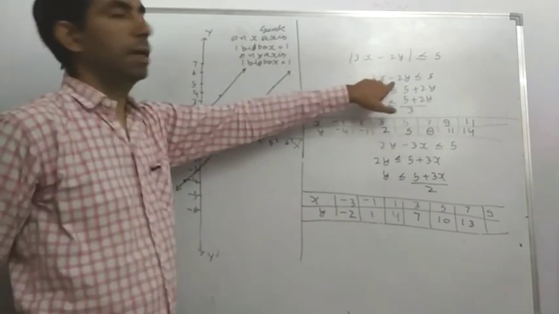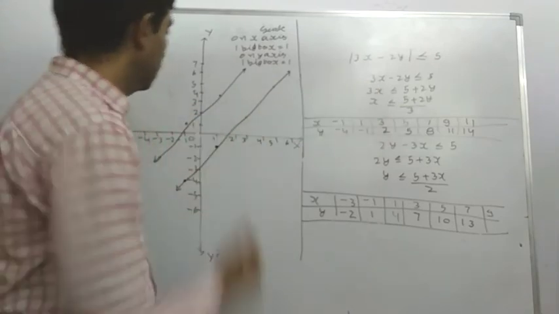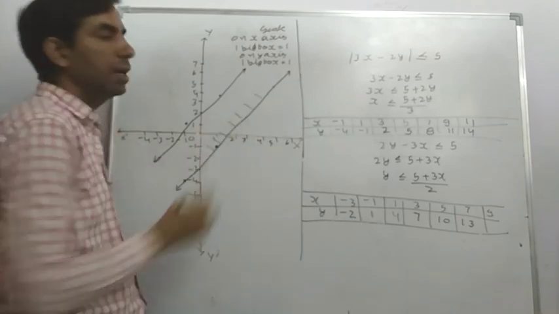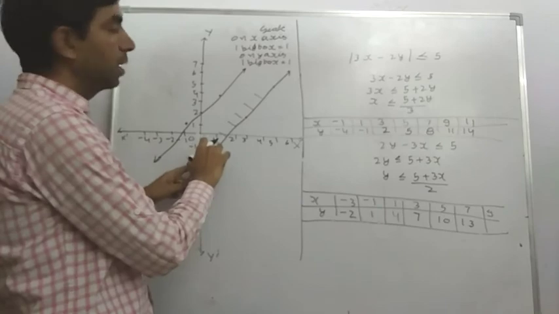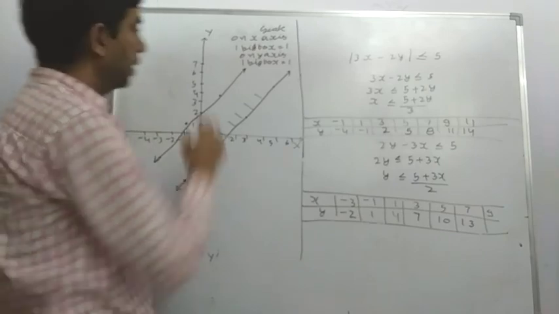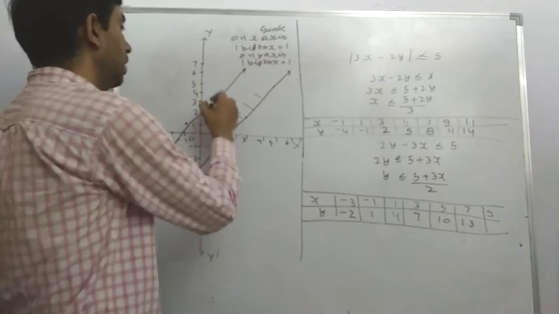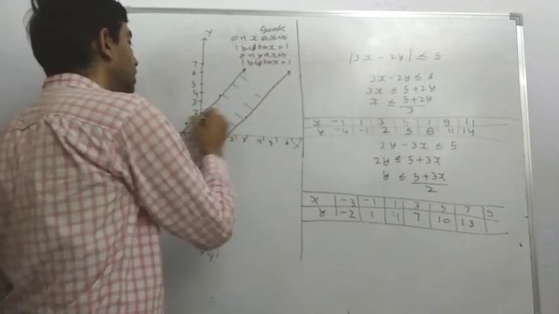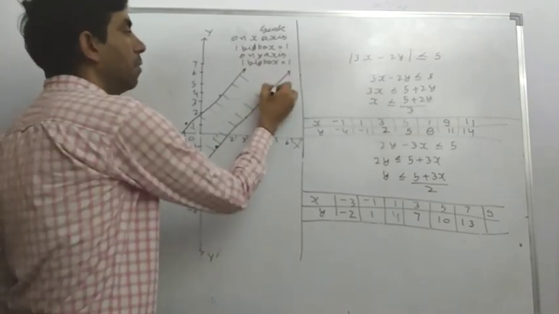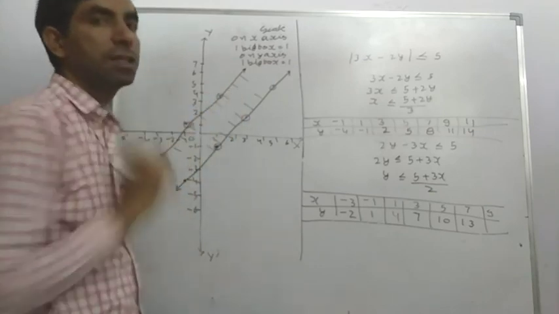Now we check here. Which side is x less than? We mark this because x is less than in this direction, and y is greater than also in this direction. In the second line, y is less than; in this equation we check in which direction y is less than. On the downside y is less than, so we shade it inside. By shading, we solve this equation.